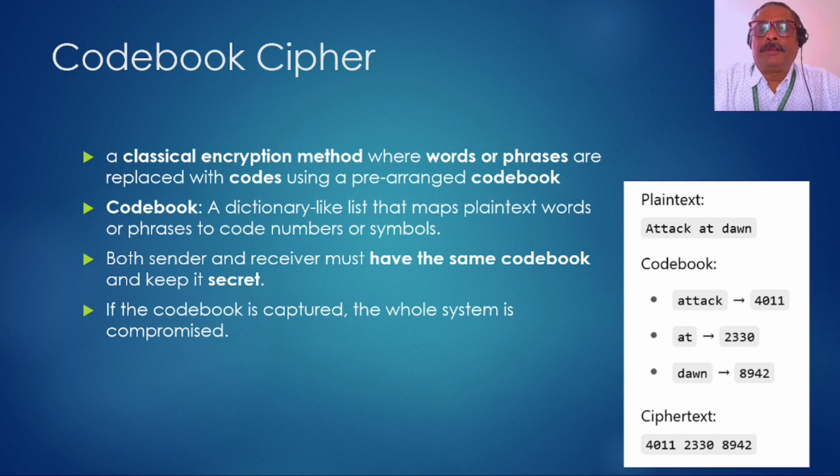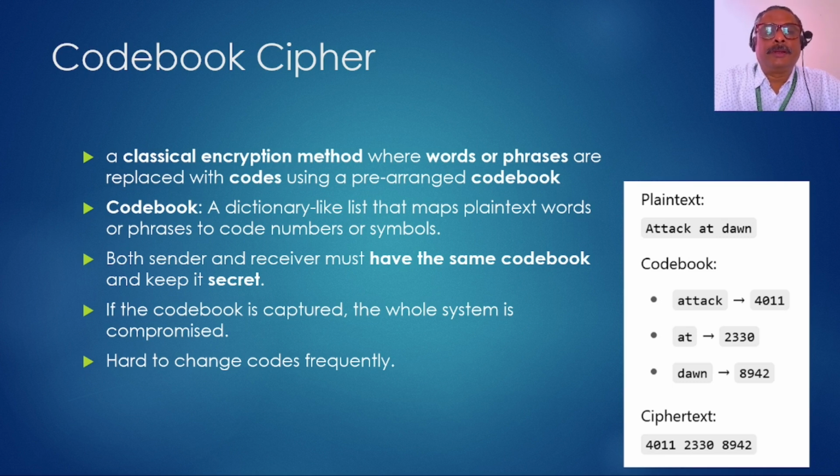But the major problem with this is the codebook. If it is captured, then the whole system is compromised. So we must make sure that the codebook is between the sender and the receiver only. A third party should never have access to this codebook, otherwise the whole secrecy will be under threat. Another problem is that it is very hard to change the codes frequently, because this whole dictionary has to be recreated every time you change the codes. So quite frequently we cannot modify this,